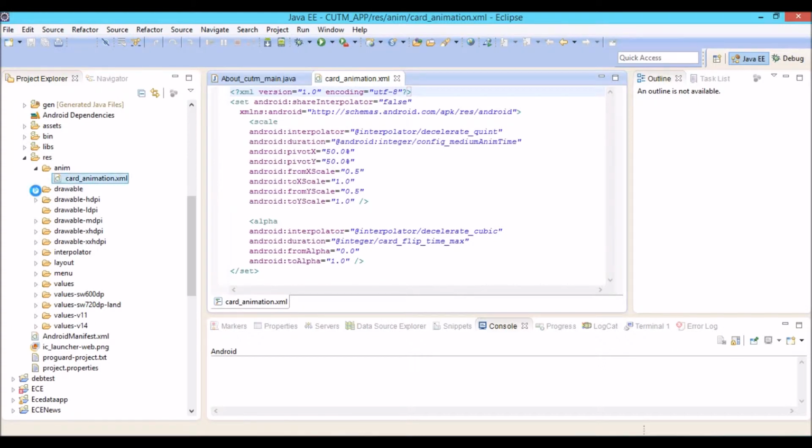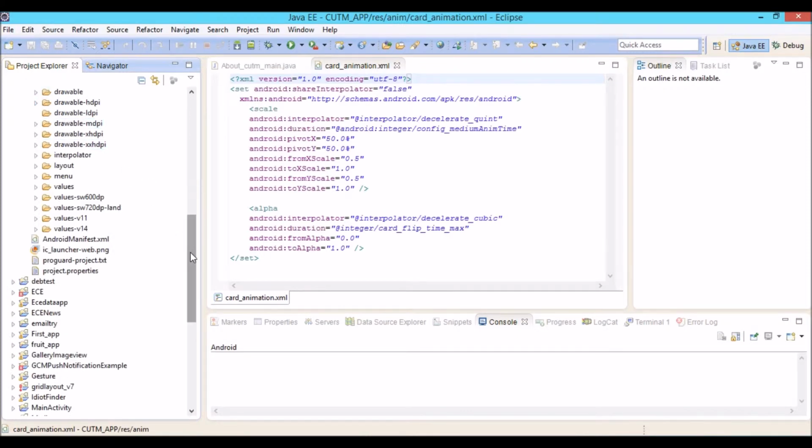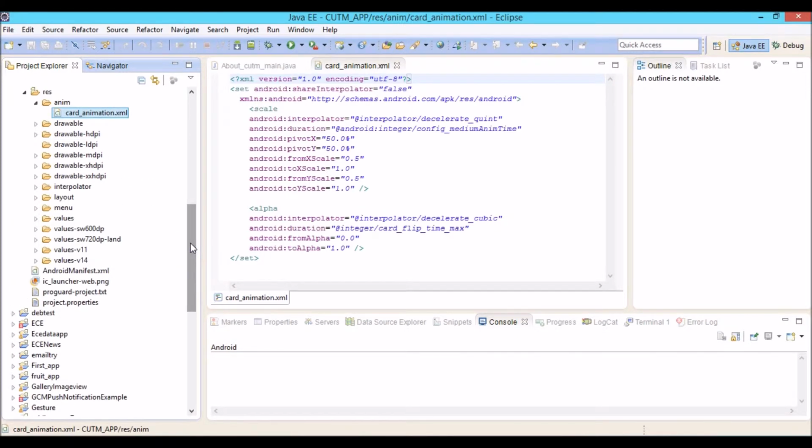Then coming to the drawable folders, generally they include the image files and designing XML files required for an app. And these drawable hdpi, idpi folders have been separated depending upon their definition, pixels per inch.